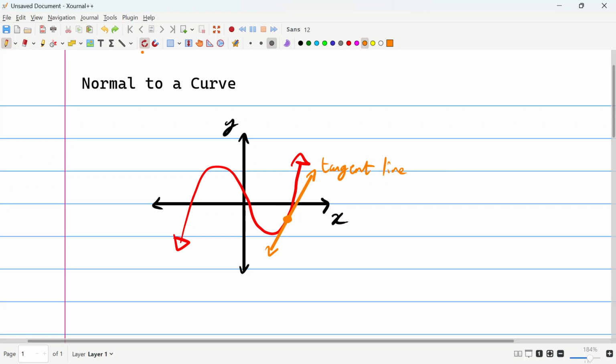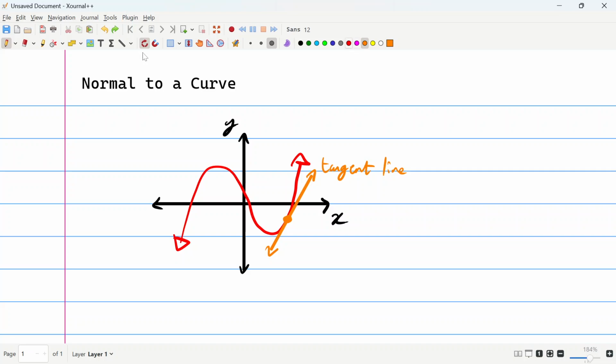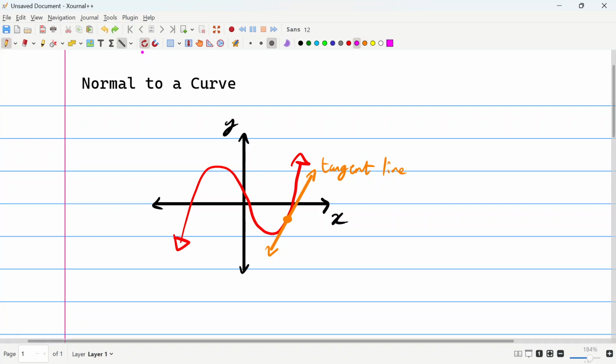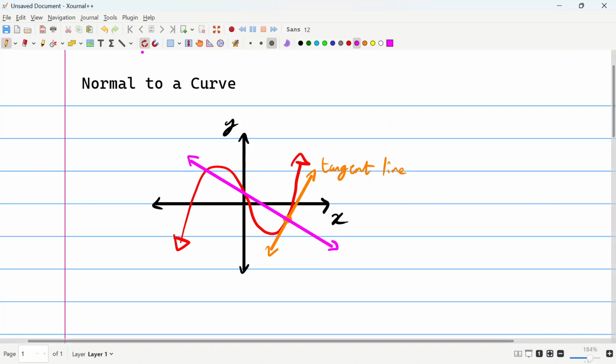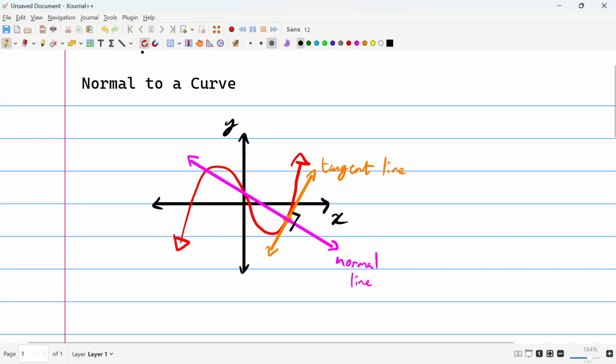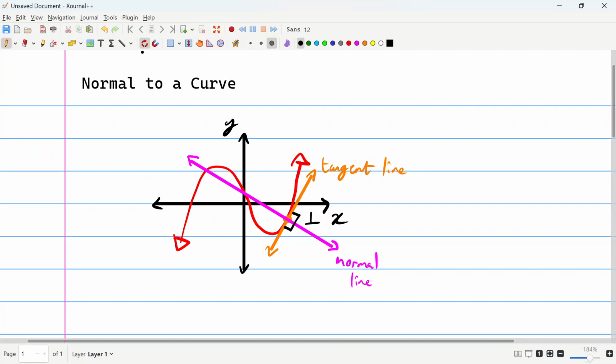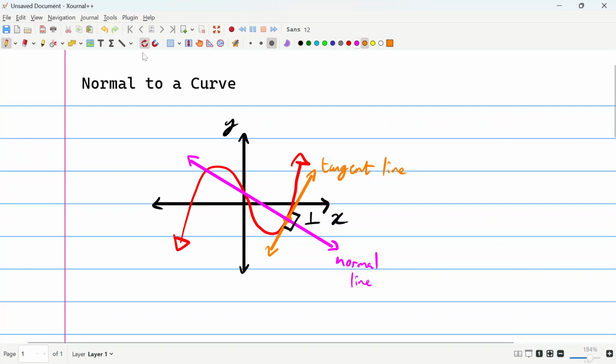However, what is the normal? The normal line is going to just be perpendicular to the tangent line. So the normal line would look something like this. So let's just draw some line like this. That looks good enough. And this would be the normal line. Okay, and this specifically has to be perpendicular. Okay, so it must be perpendicular to the tangent line,